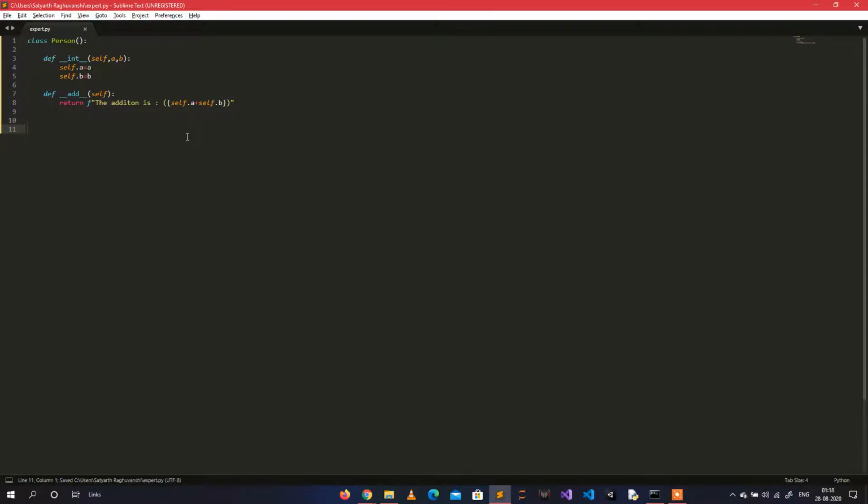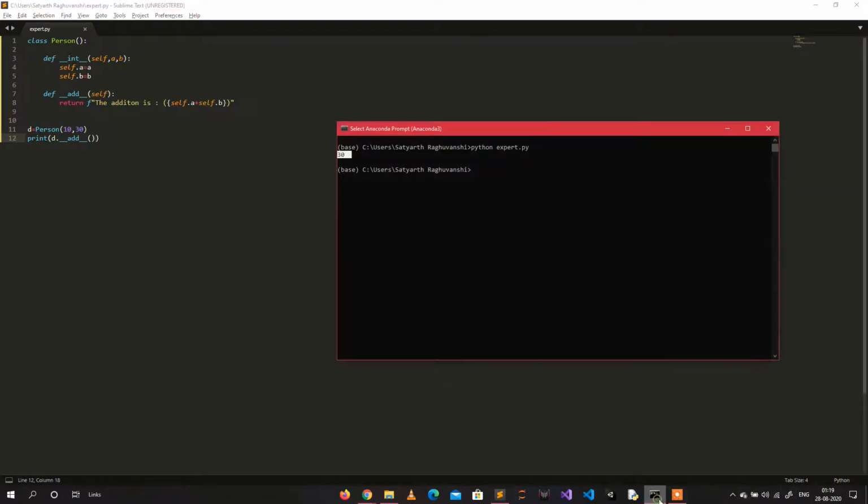Now if you create an object of the class, let's say d is equal to Person, and I give the values 10 comma 30, and then I call print d.add, and if I run it,